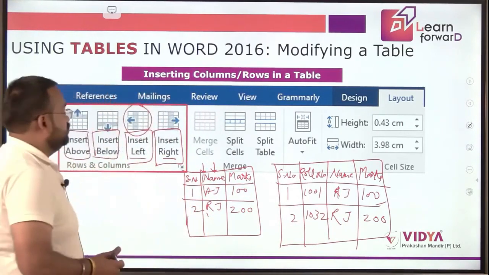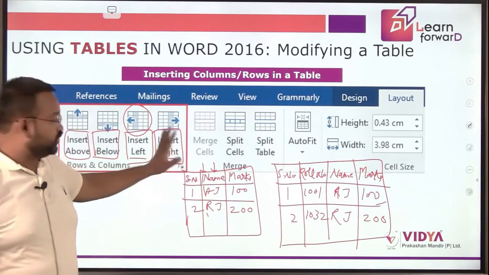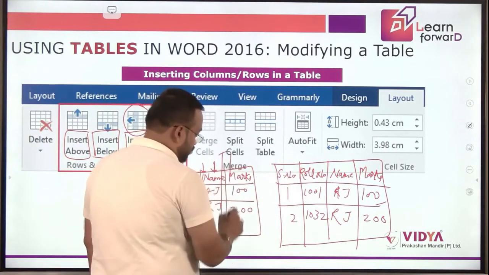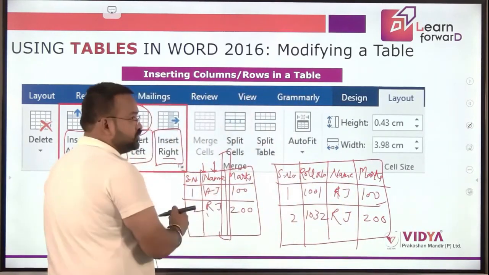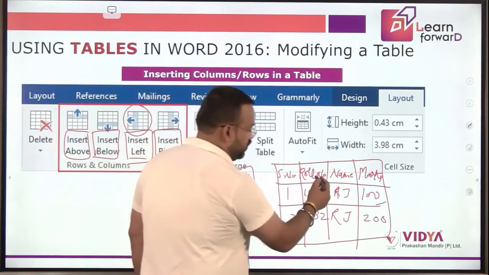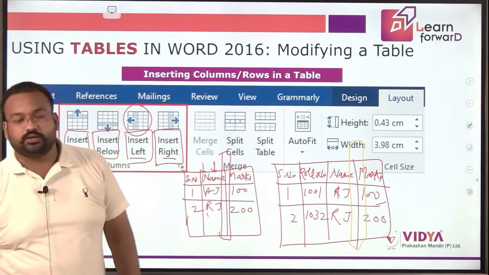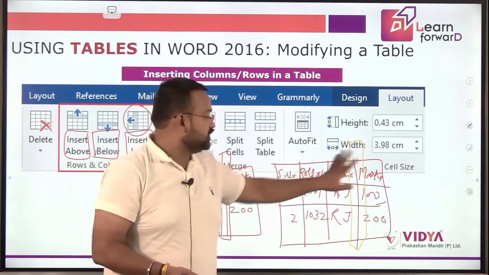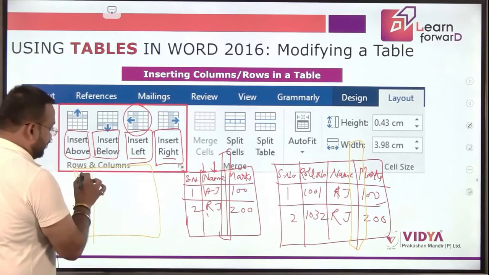Great, Abhijit. So let's move to our next one, that is insert right. So it is the same thing. If I want to insert at right of this column, that is over here, if I want to insert one column, what I have to do is choose this insert right option. So when I click on this, this roll number column would be created over here. Or suppose you want to add some other column for this, you can simply select this right. So now the table would have serial number,